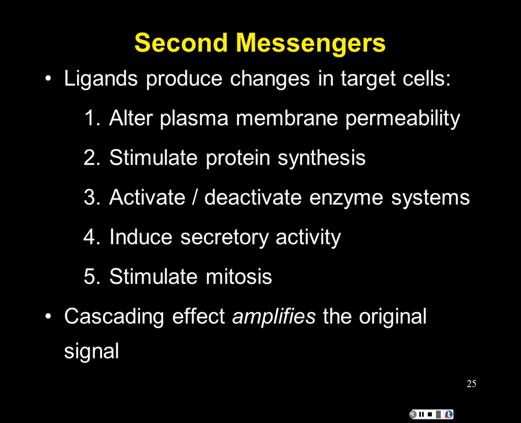It could do a multitude. I have a list here, and just like a lot of lists in this class, it's not all inclusive by any means. It's just giving you an idea what a target cell might do when a second messenger system is activated.